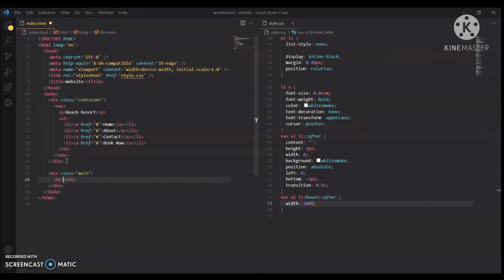Here we have created another div with class name main. We will give a heading, or we can say a slogan or a tagline.